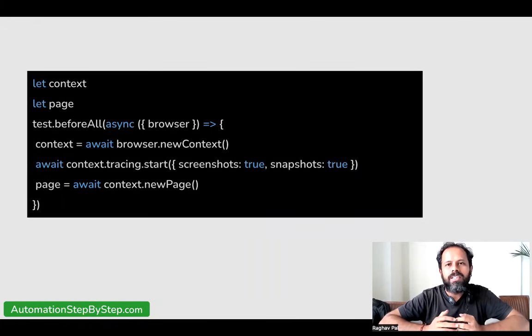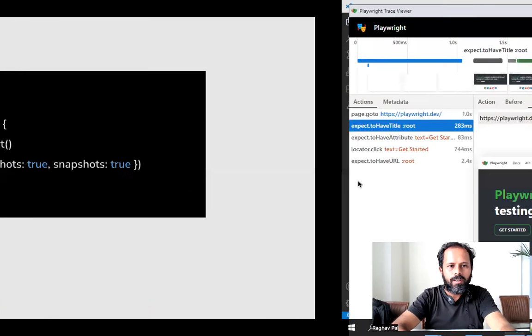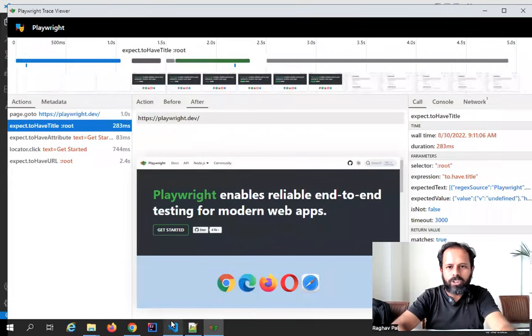That simply means if you want to run something before running all the tests, we can use the before all hook. And if you want to run something after all the tests are completed, we can use the after all hook. So here, I will go back to my project,